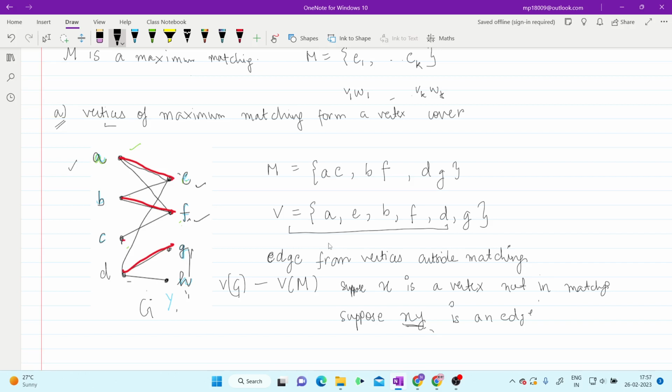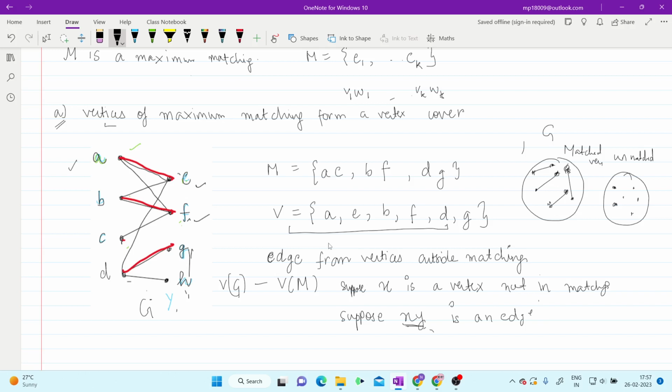If we want to show that the vertices of a maximum matching form a vertex cover, we pick any vertex lying outside the matching. This is our graph G. This is the set of matched vertices, and this is the complement, the unmatched vertices. We have some maximal matching happening here, and some other vertices lying outside. Now we are claiming that the matched vertices form a vertex cover. To show that, we have to show that